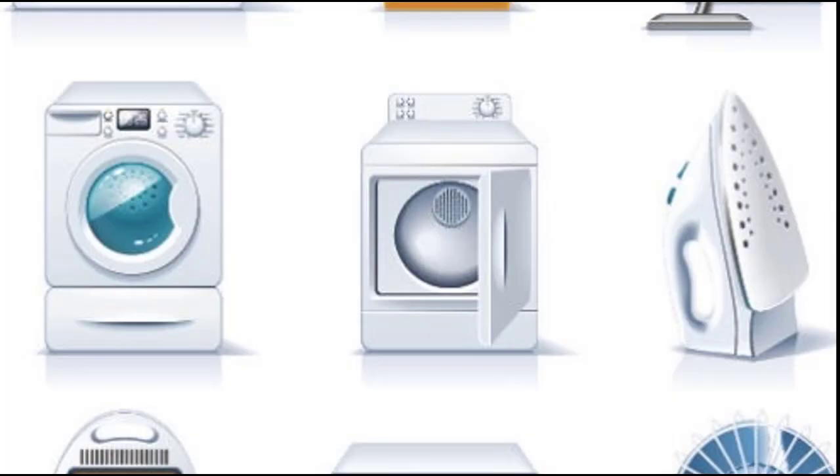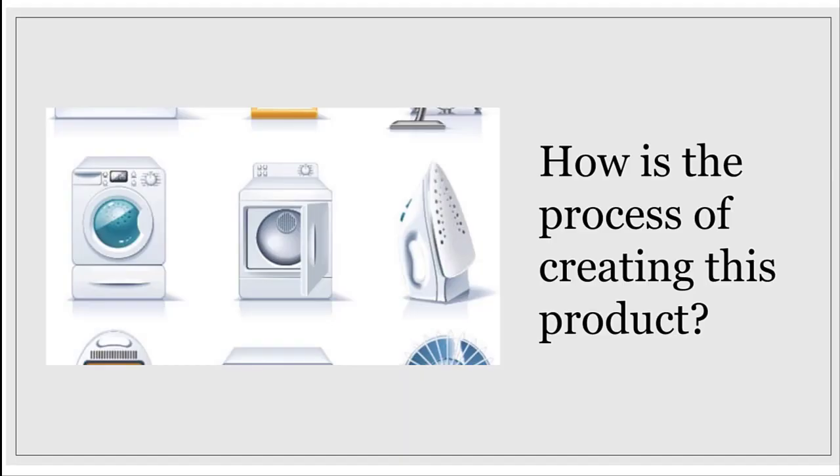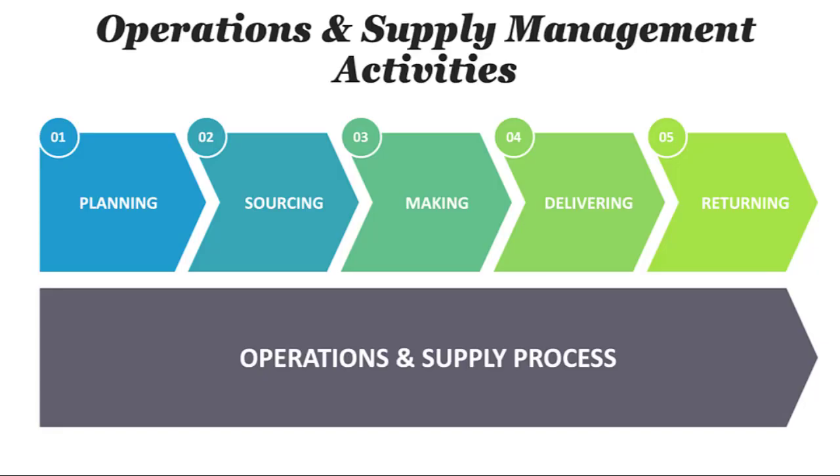Let's look at examples of electronic products that we use every day. For example, refrigerators, televisions, computers, and others. In operations and supply management, we as consumers may not realize that the process for producing the electronic devices that we use is quite complex. From a manufacturing perspective, producers will carry out a process of quantity and product quality planning